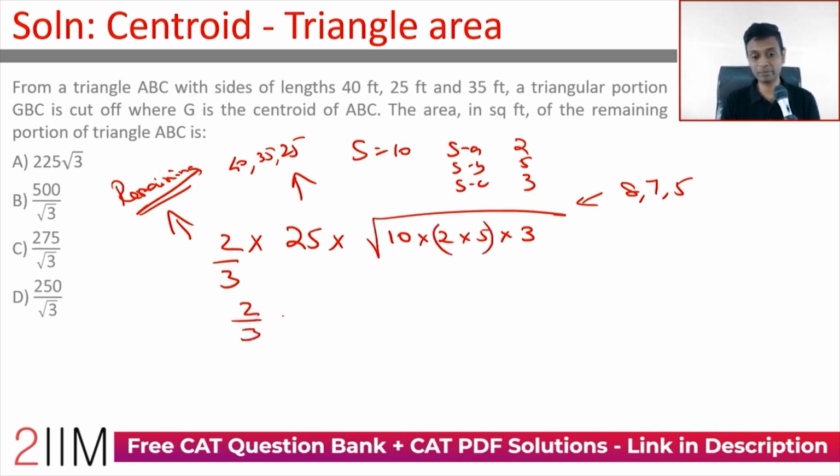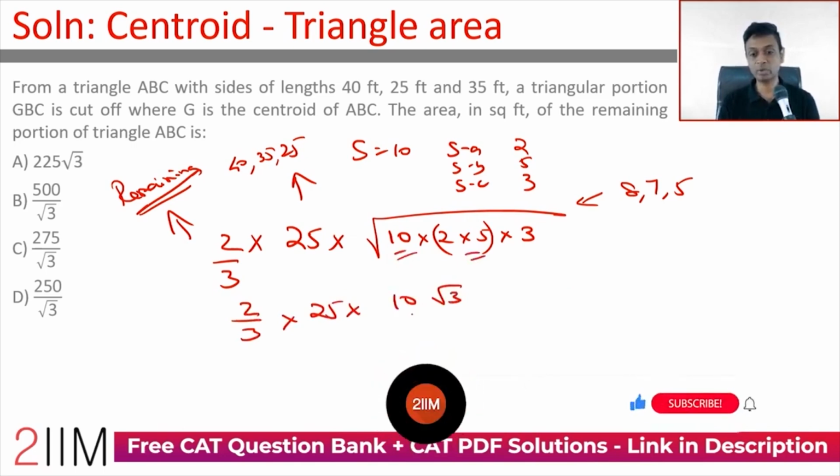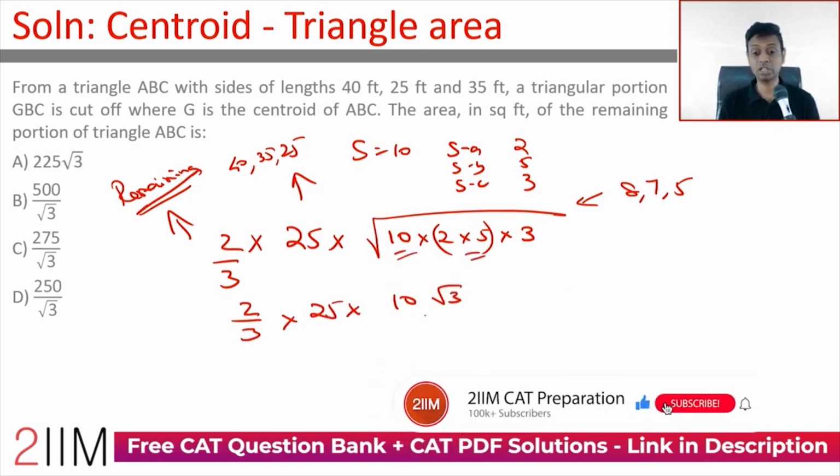So 2 by 3 into 25 into 10 root 3. There's two tens here, you take it out of the square root, it becomes a 10. So this is 250 into 2, 500 by 3 times root 3, which is nothing but 500 by root 3,